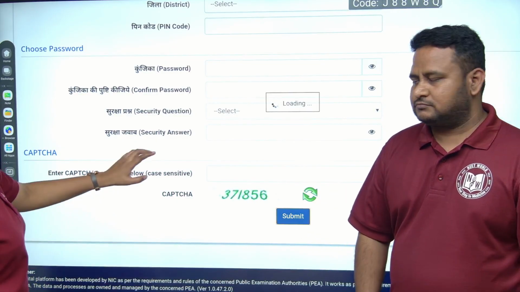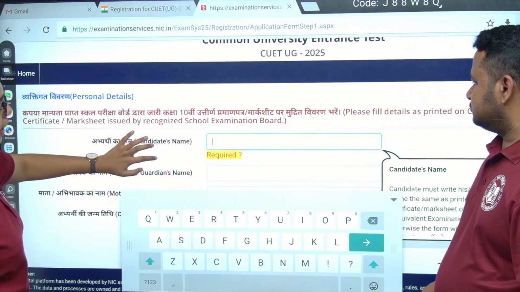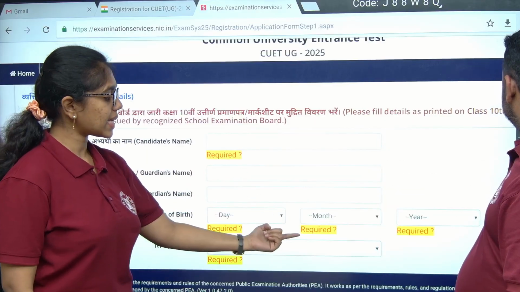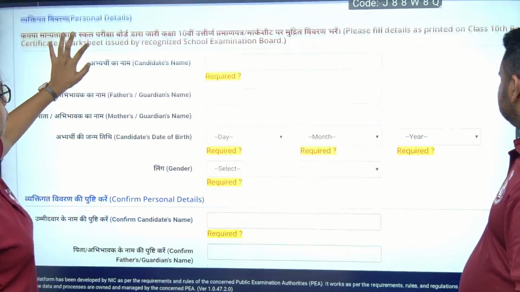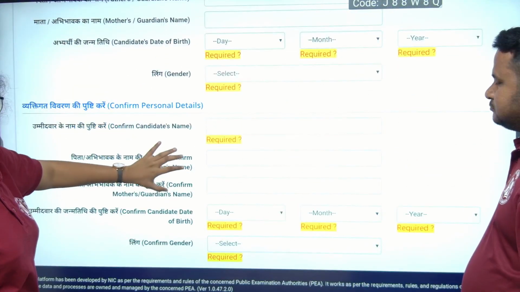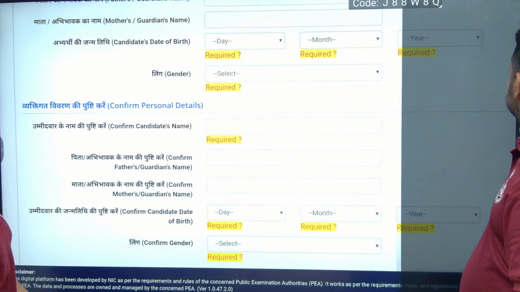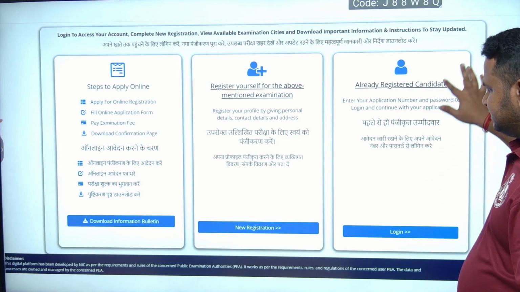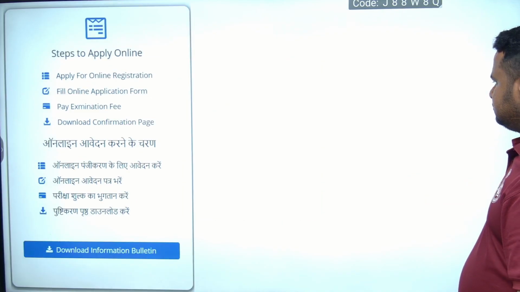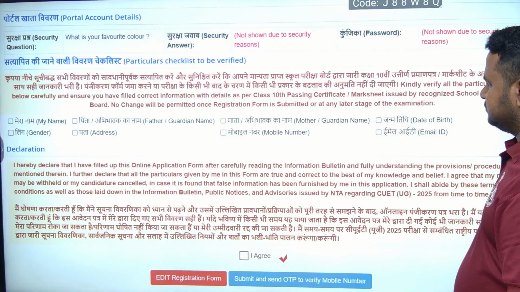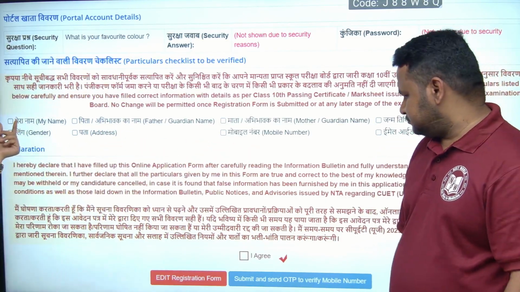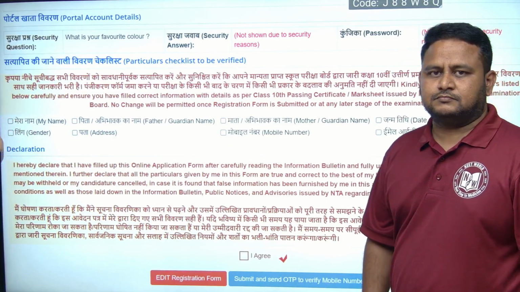Once it is submitted, for any areas you forgot, it will show the sign, and if you are not entering it properly also, it will show it. You have to re-enter that and submit. Next. So once you are done with this, next, it will ask you for confirmation whether the details provided are correct or not, be